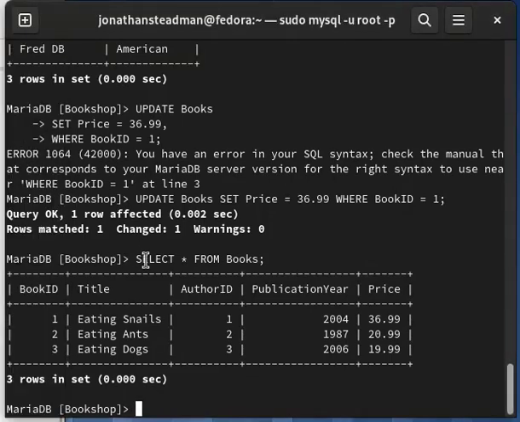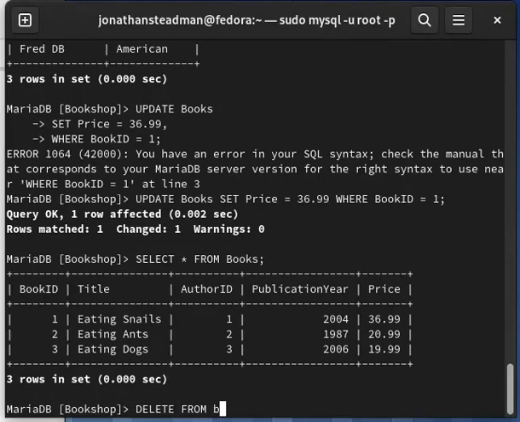Okay, so now what I want to do is show you how to delete data from the actual database. And in order to do this, what you need to do is select which data we want to delete. So in my case, I want to delete a book about eating dogs, because it has gotten so much hate. Because dogs are very cute creatures, I don't know who would eat them, so I want to delete that record. So to do this, what you need to do is delete